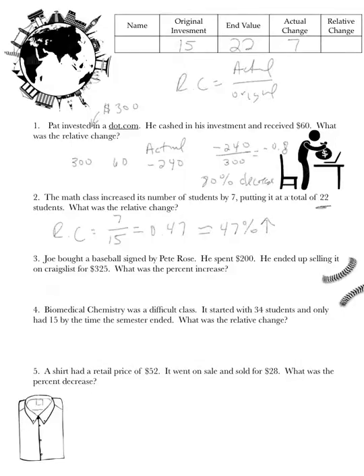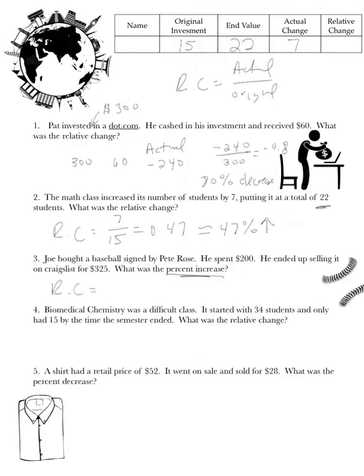Joe bought a baseball signed by Pete Rose, and he spent $200 and he ended up selling it on Craigslist for $325. What was the percent increase? So you can see anytime they can ask you for either percent increase or decrease, or they can find the relative change. So the relative change here,